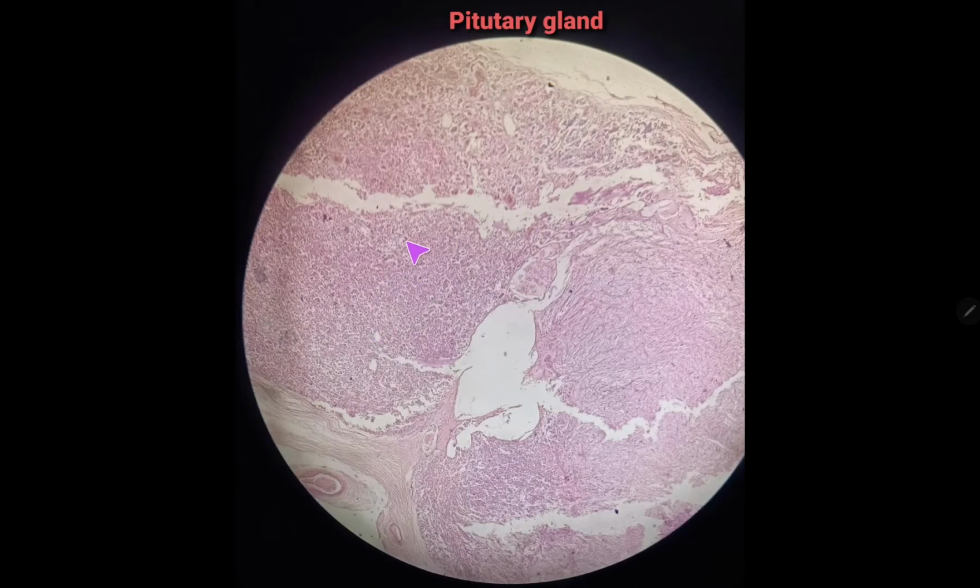This is the slide of pituitary gland, also called hypophysis cerebri. Hypo means below, physis means growth, cerebri means brain. So, underneath the brain, this pituitary gland secretes various hormones, stimulating hormones. Now, coming to the identifying features of pituitary gland, it has an outer connective tissue capsule, and pituitary gland has